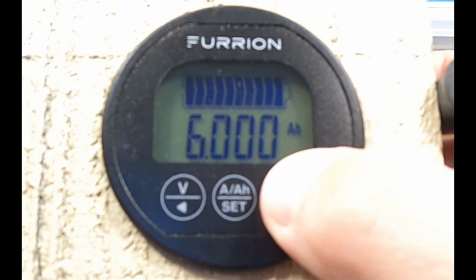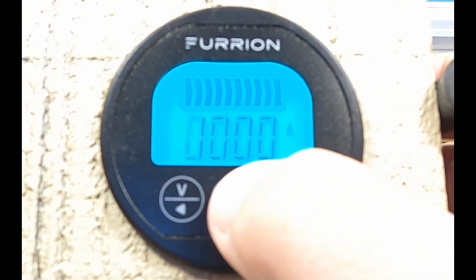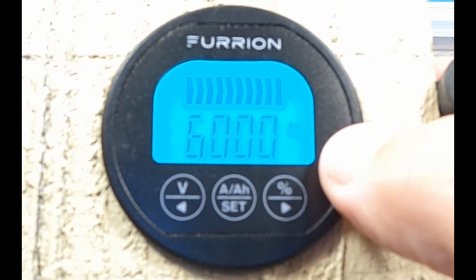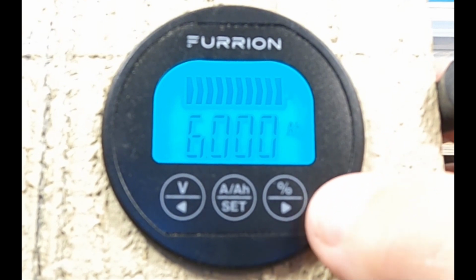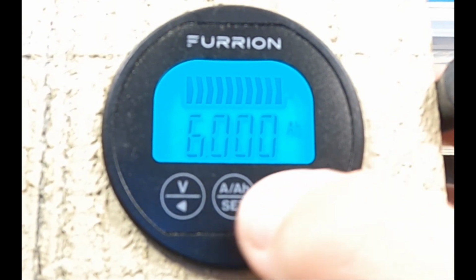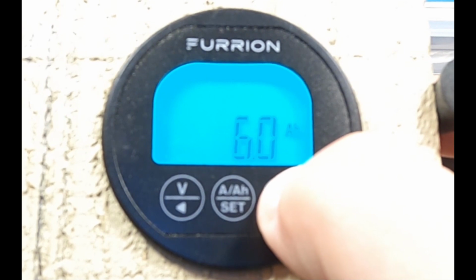If you set the percentage first, which in this case we set it to 100%, or we set the, I don't know if I set the amp hour first or the percentage, but either way, if you change the amp hour after setting the percentage, which is what I just went through, I changed this and I increased it to,